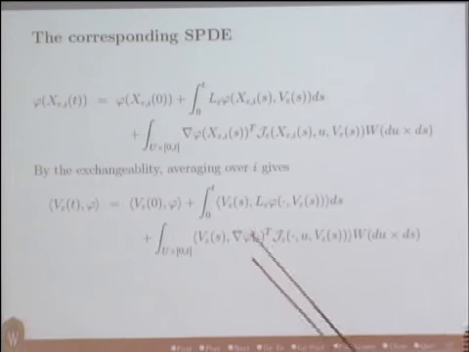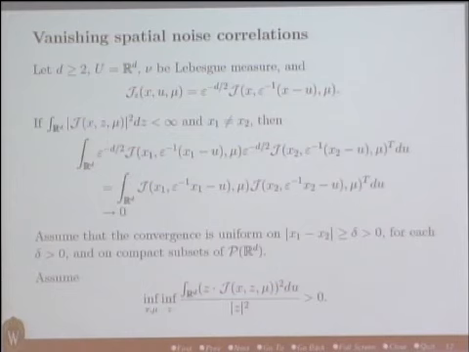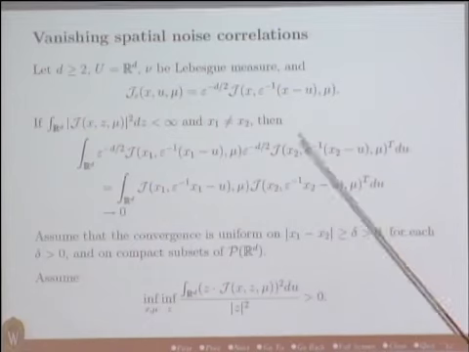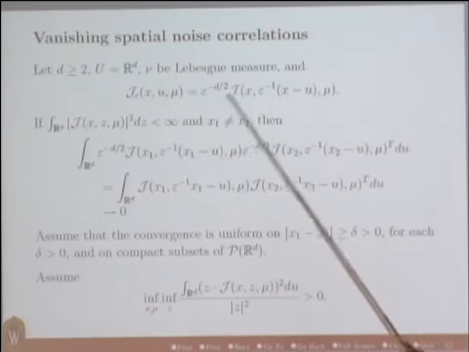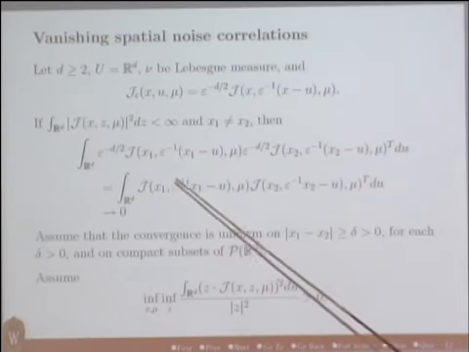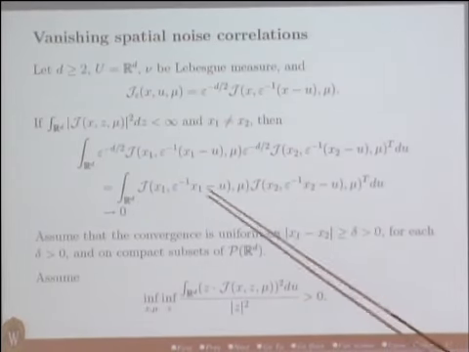So that's what this zero correlation limit idea is, or vanishing spatial noise correlation. Okay, so if I assume that I have this kind of scaling, then under this assumption you just do your change of variable,